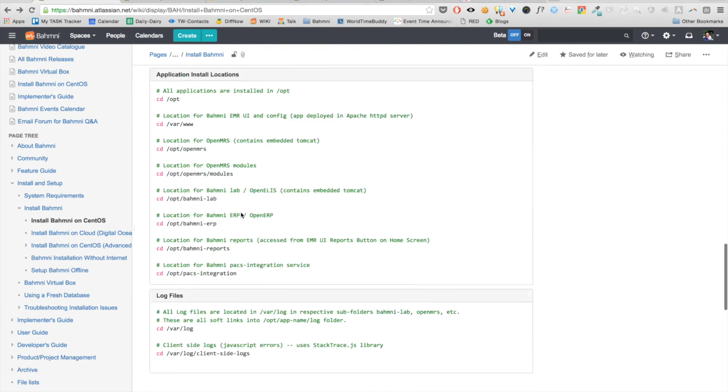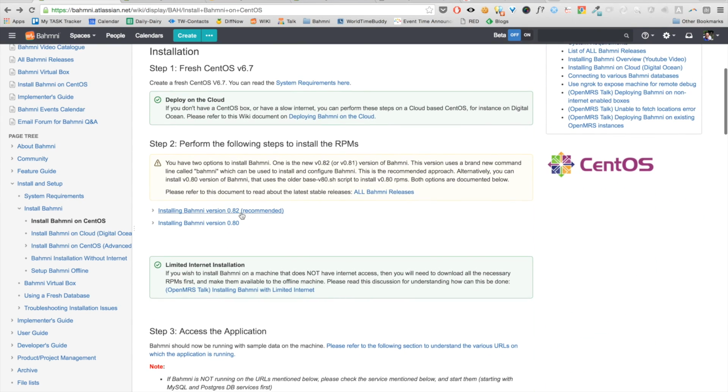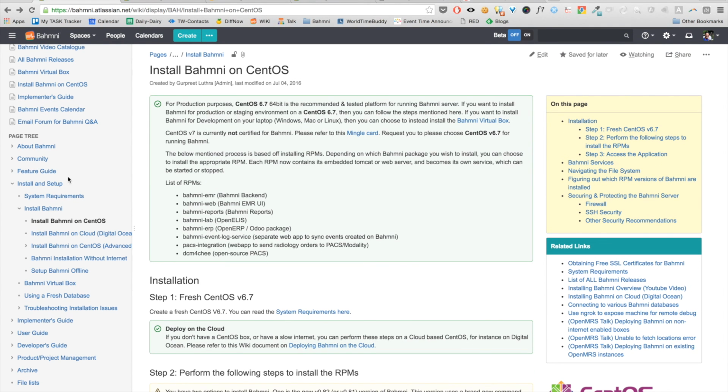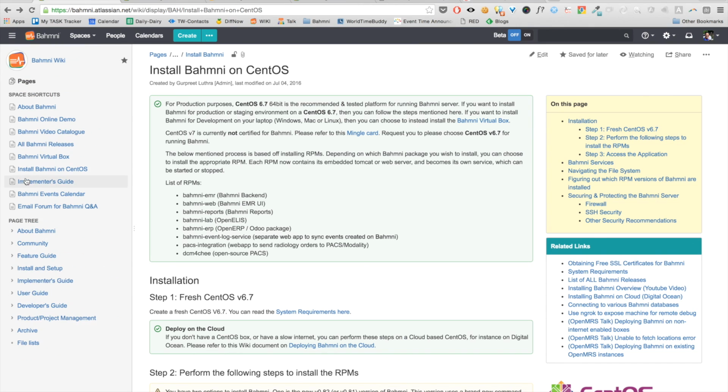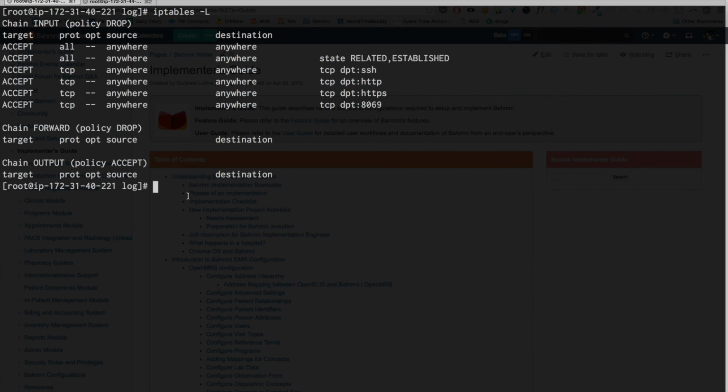So that's it for installing Bahmni. So basically at a high level a three-step process, and what we did was we installed Bahmni version 0.82 with the appropriate RPMs using Bahmni installer command. After this, once you've set it up, most likely then you can browse the guides on the left. You can jump maybe to the implementers guide, and in the implementers guide you can start reading about how do you configure Bahmni, how do you change files. Most of the configuration will happen either at the OpenMRS end, or it will happen in the files which are in /var/www/bahmni_config,